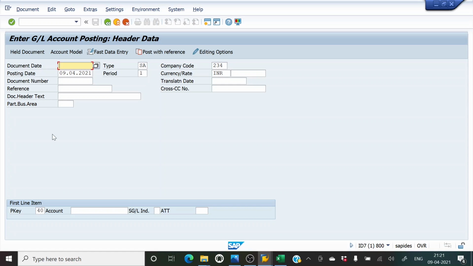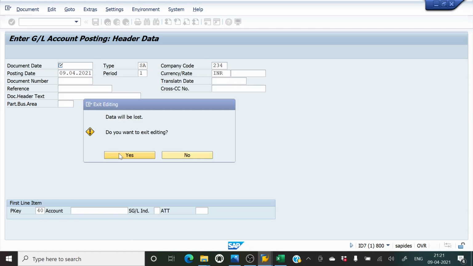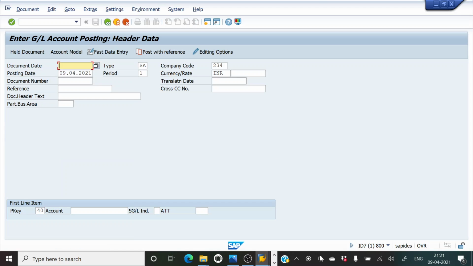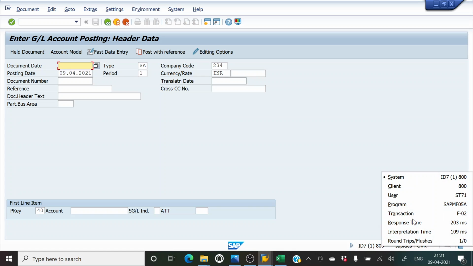The effect will be the same. So I will again go back and come to the menu. This is accounting, financial accounting, general ledger, document entry, and then general posting. If you see the T code here, the transaction code is F-02.